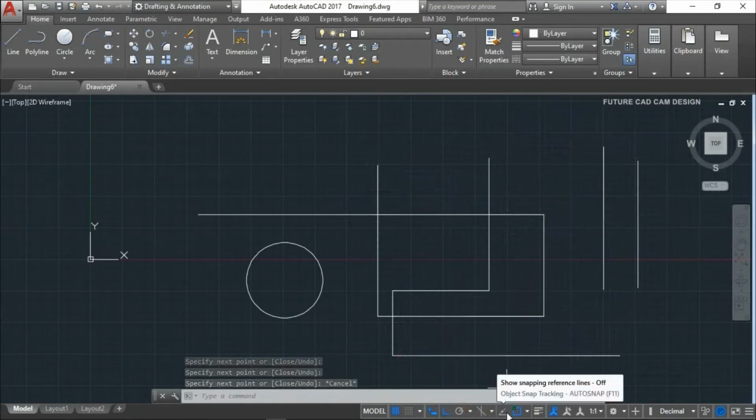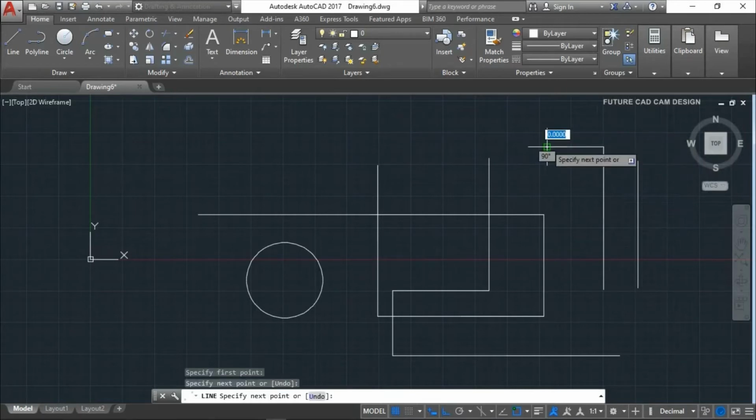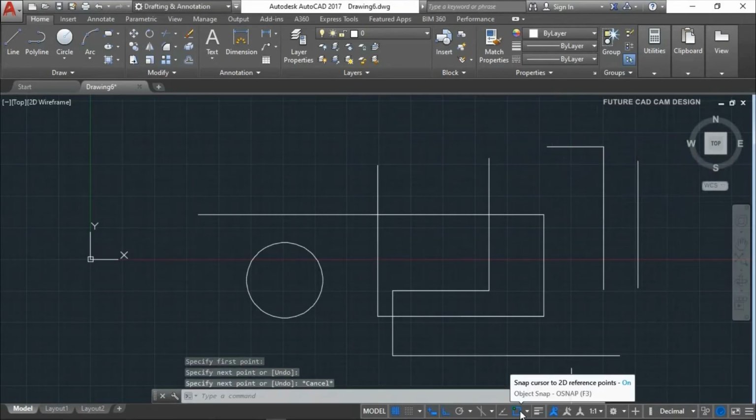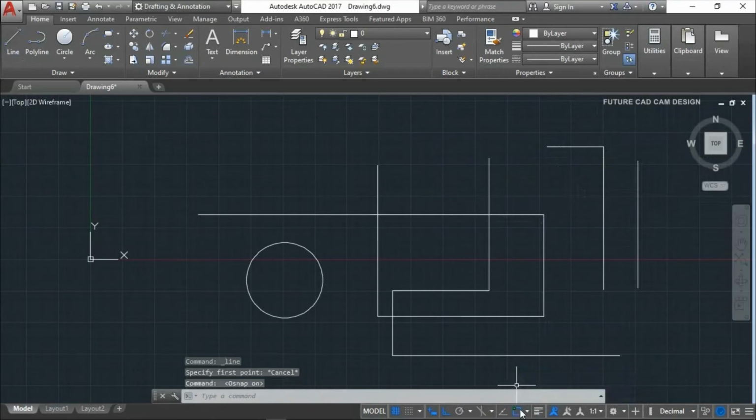Same thing here, you can see the snap option. The snap option is used for selecting corners, edges, center points, midpoints, like that. For example, if I need to draw a line from the midpoint of this line, if you place your cursor on the line, it will show you the midpoint and the start point. If I switch off this snap cursor option, then it will not show the end point, so it will be difficult for you to draw your diagram. So you need to switch on this one every time you are making a diagram.